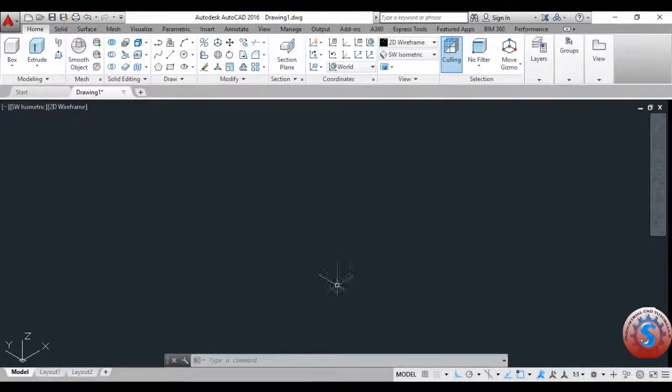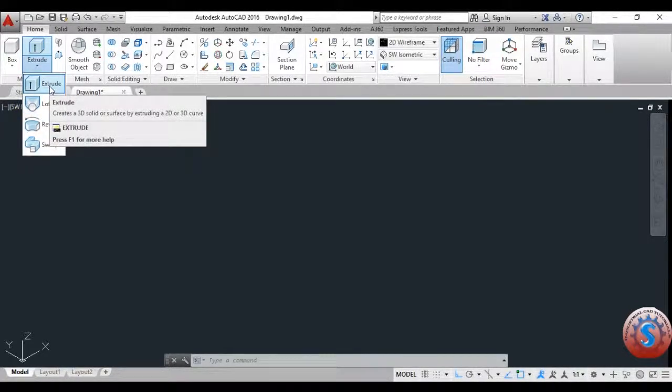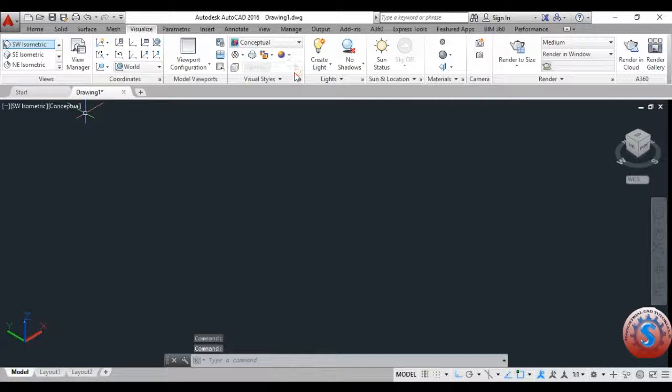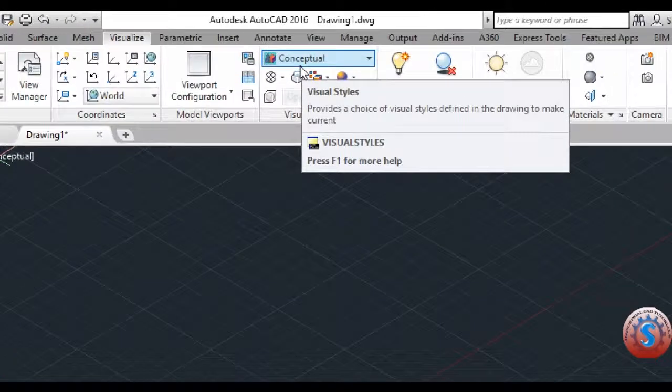Hi friends, in this video I am going to explain how to extrude objects in 3D modeling. First, go into the AutoCAD software. You can observe on the left the different types of palettes. Before I explain, go into Visualize, select Conceptual, and select the viewport of the view